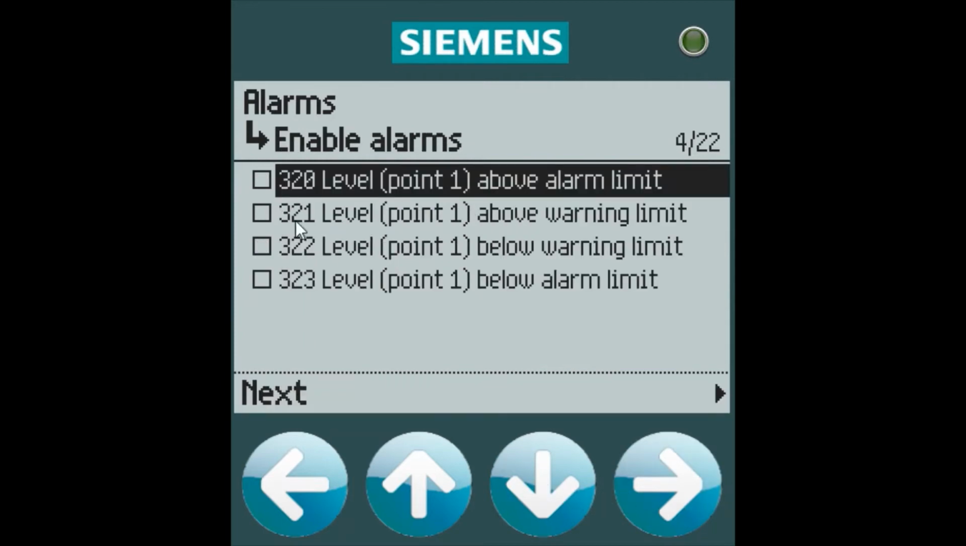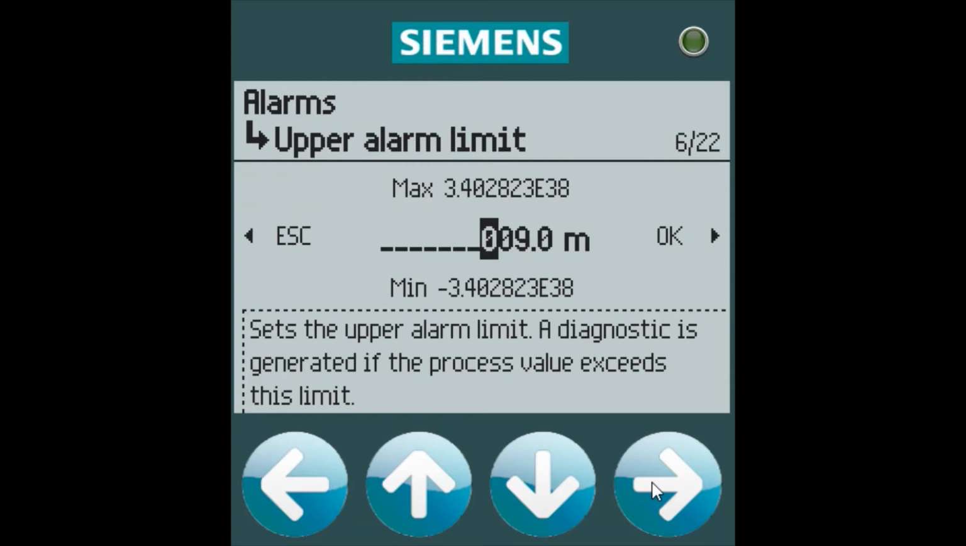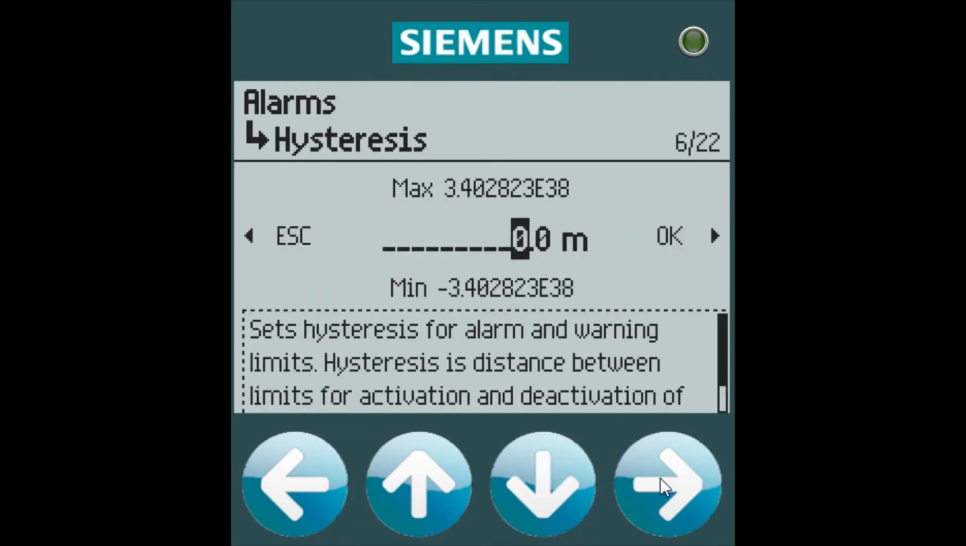I'm going to enter a high alarm set point on my point 1, so I will select that above alarm limit and choose next. And for that alarm limit, I will enter in 6 meters. I can then enter my hysteresis